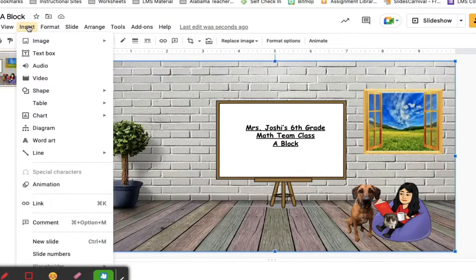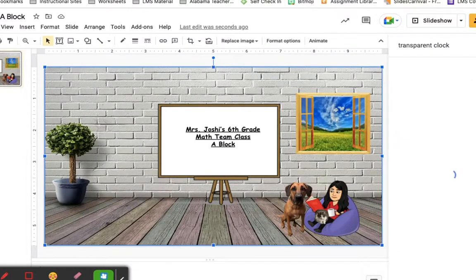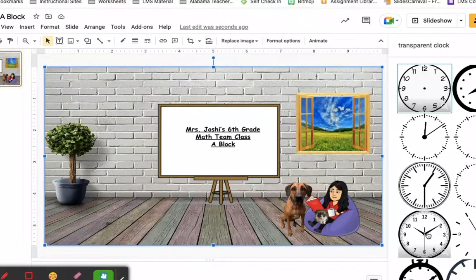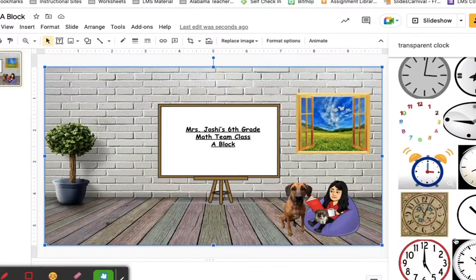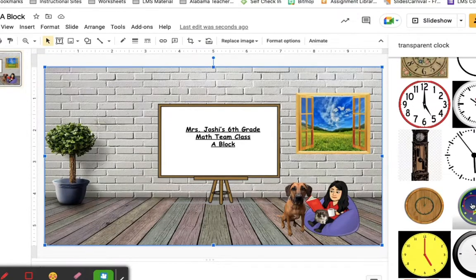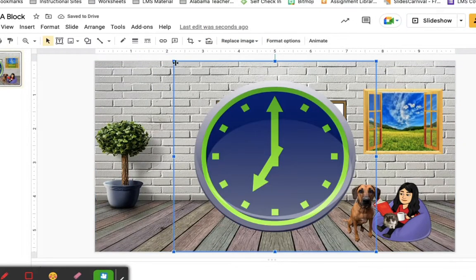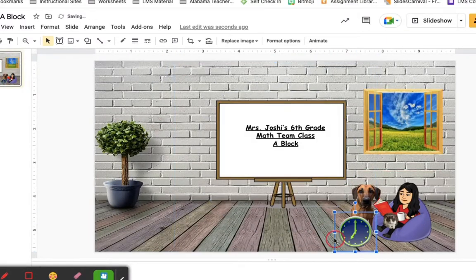Then we may want to now start making this design based on what you want. Let's say I want to put a little clock. Again, remember to put transparent. If I want a little color over here, let's say I do a little blue. Insert. And I'm going to make this tiny and I'm going to put it up here. And then I'm going to insert,